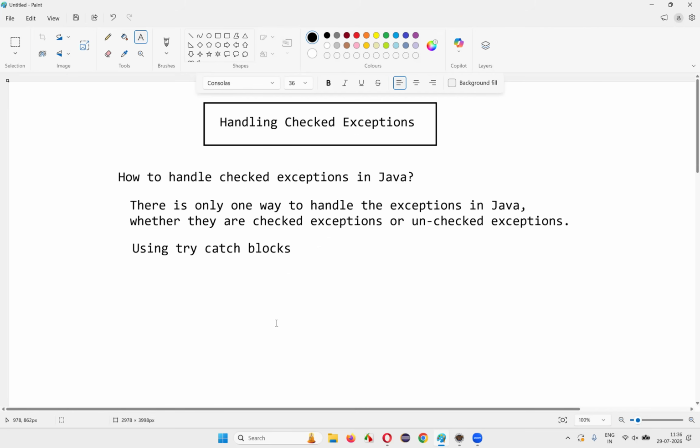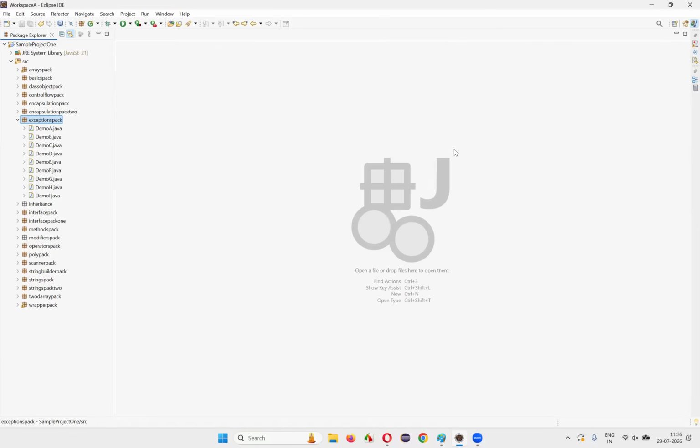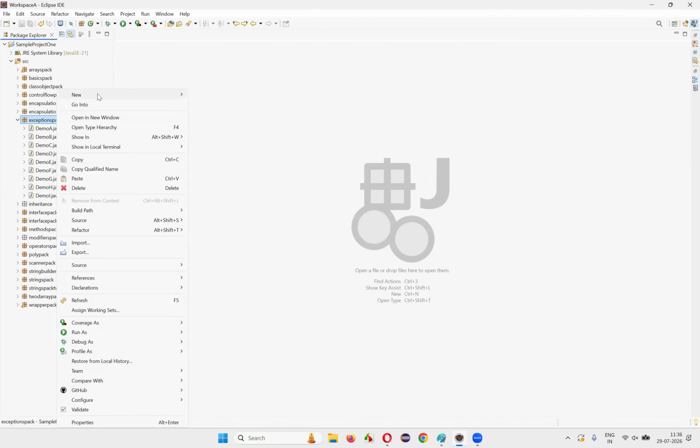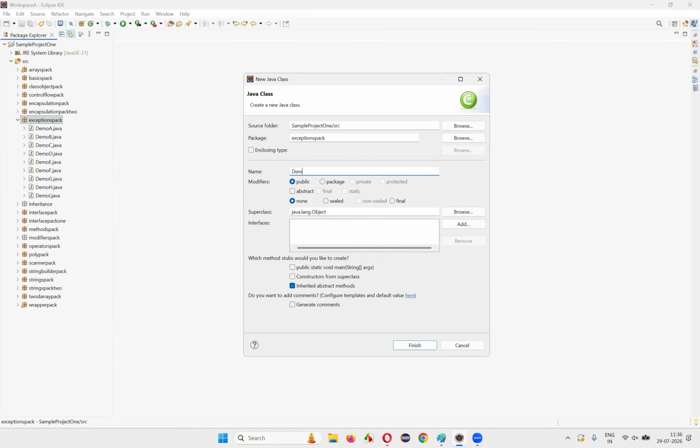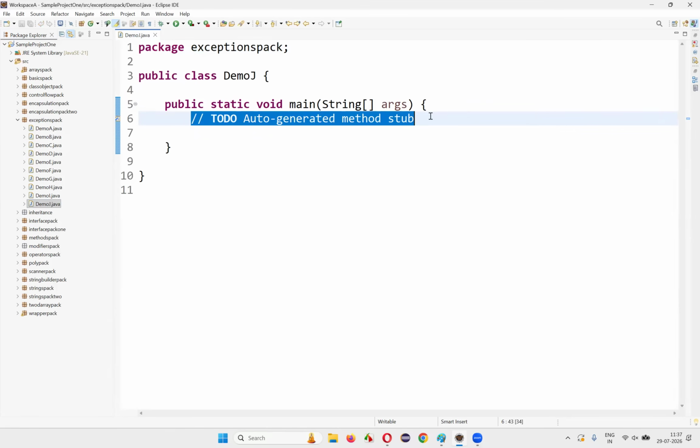So let me practically demonstrate how to use these try catch blocks for handling the checked exceptions in Java. For that, I'll switch to this Eclipse IDE. Here, I'm going to create a new class. I'll just name this class with some random name with a main method. And here inside this main method, I'm going to